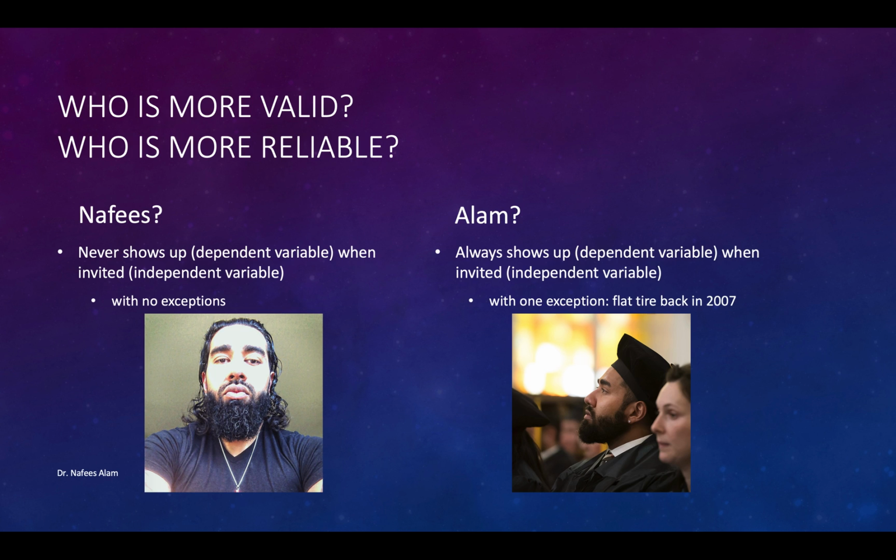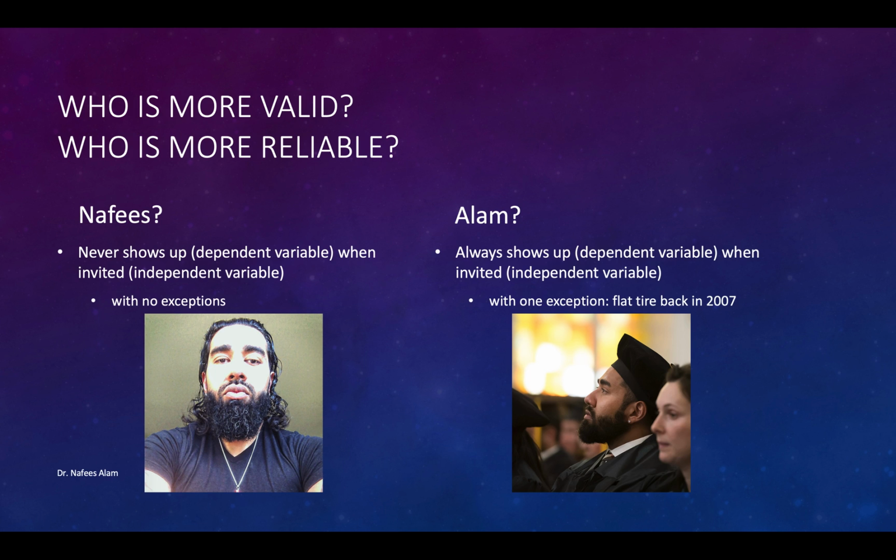And 99.99999% of the time, Alam does show up. So from a scientific standpoint, Nafees is actually the more reliable friend, whereas Alam is just a little bit less reliable than Nafees. Now, again, you're not going to tell your parent or your spouse that your most reliable friend is Nafees, because